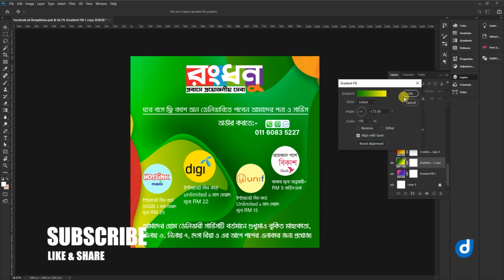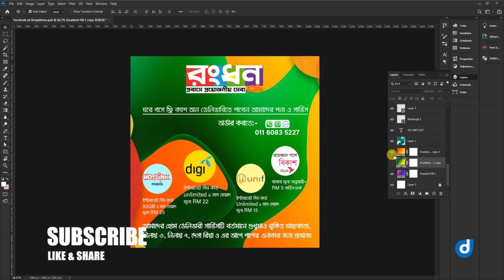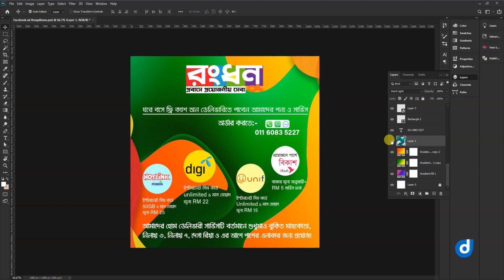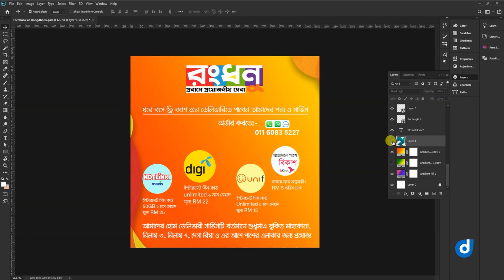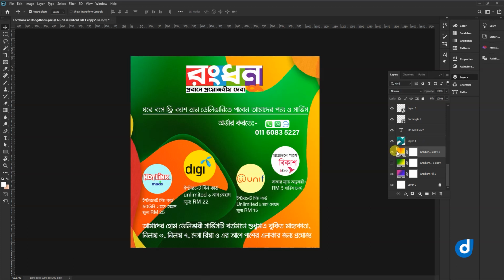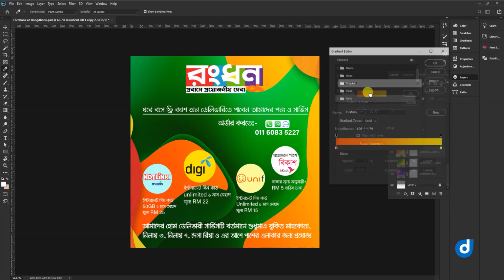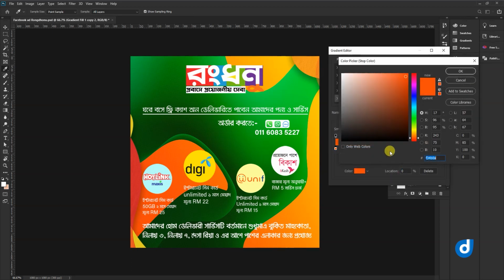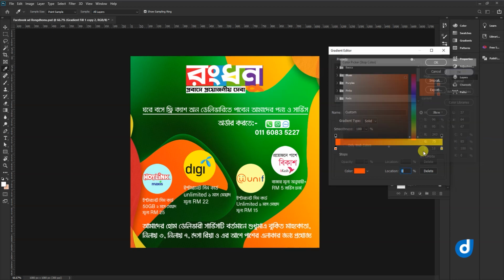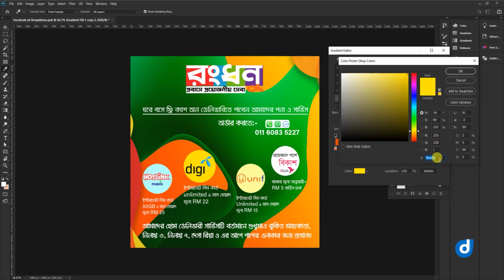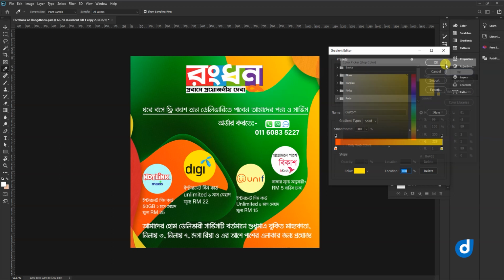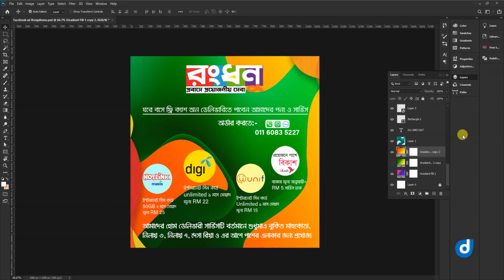Okay, and another gradient is here. Now if you look there, there is the yellowish gradient, F34B0A, and another is FFE401. Okay, fine, now close it down.